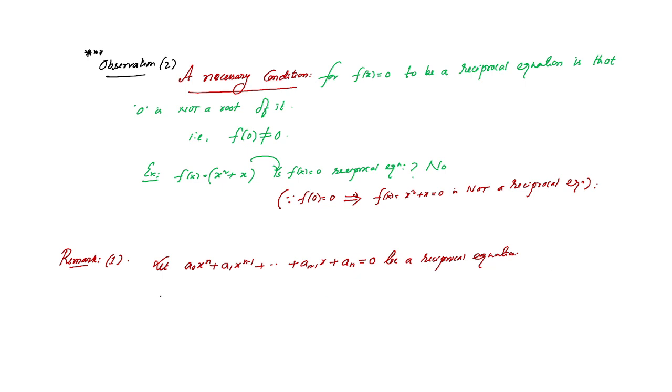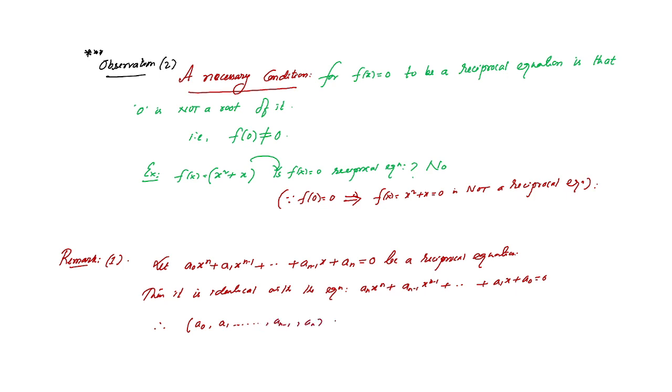Then this equation is identical with the equation a_n x to the power n plus a_{n-1} x to the power n minus 1 plus ... plus a1 x plus a0 equals 0. And since it is identical, we can write the coefficients of the first polynomial, that means a0, a1, ..., a_{n-1}, a_n,